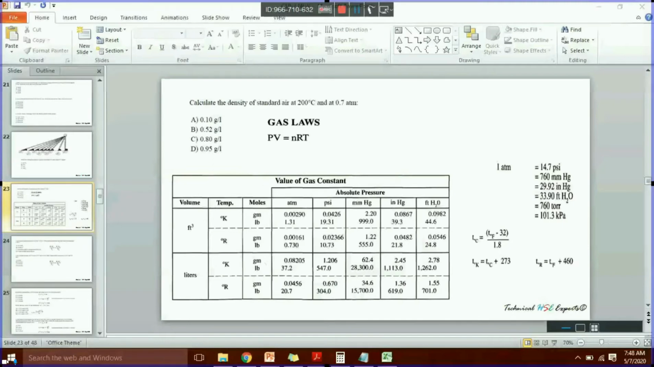And I will consider ATM because I have substituted my absolute pressure in ATM. The unit is ATM. If I substituted the absolute pressure value in water or torr or in kilopascal or in psi, then I will consider these columns. But here I used direct ATM. So matching all these terms, my R value is